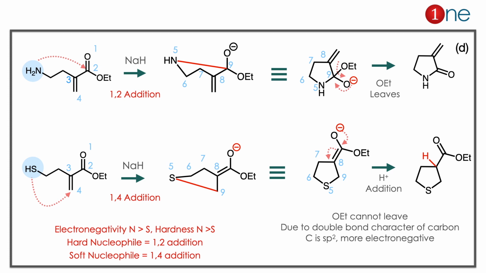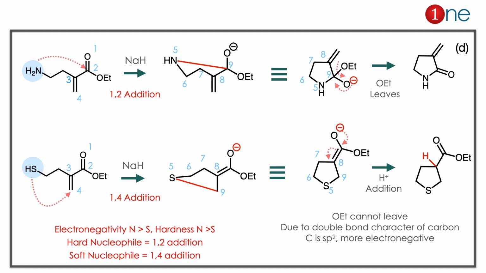So amine attacks the carbonyl, and you have the anion formation. At the same time, sulfur attacks the alkene there because that is the 4th position. So sulfur attacks there, and you have the ring closure. If you read nicely, you have a 5-member ring. Second thing is how you quench the charges. In the amine case, the anion moves, OEt elimination, and you have the conjugated ketone back again. In the sulfur case, O- cannot quench like OEt elimination; it is quenched by the negative charge and H plus quenching. So you have the ester retained there. So the answer is clearly D.